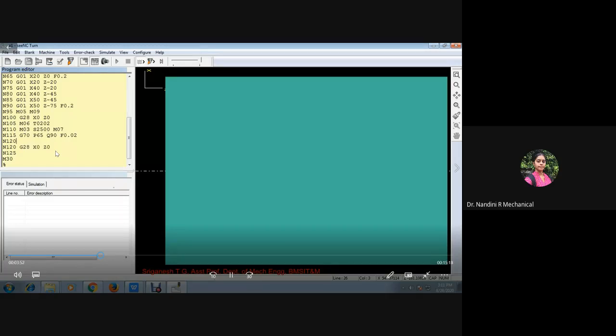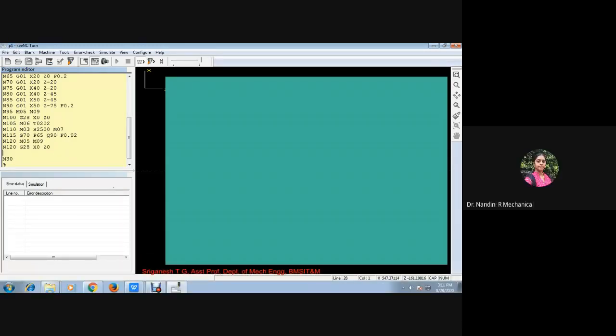Means to type one part program and then check what each line does, ma'am. Because now it's like we're doing the entire code and executing. The thing is, if we just write one code and simulate, it won't show you the simulation. To run the program, the entire part program should be completed.